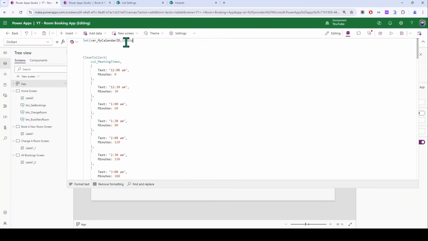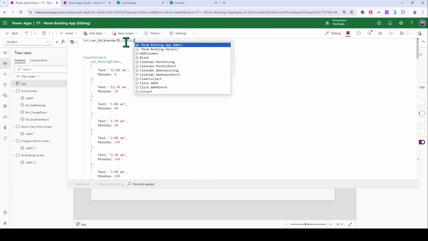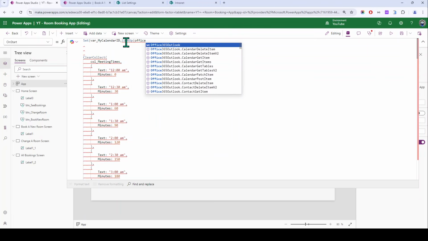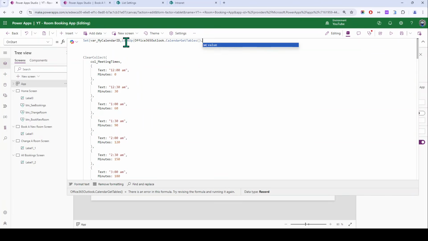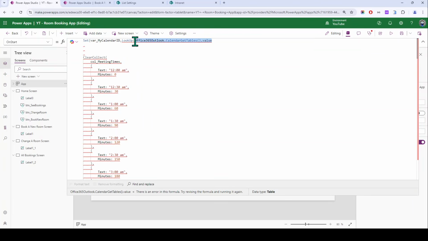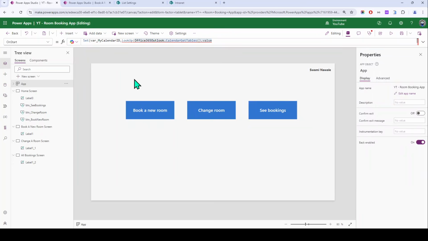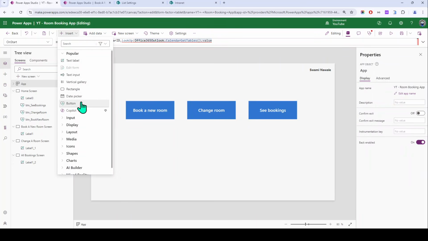So it will be LookUp, then Office365Outlook dot, I think, CalendarGetTables dot value. In Office 365 Outlook CalendarGetTables value, what is actually stored, I will show you,